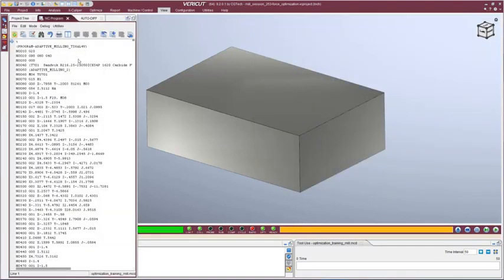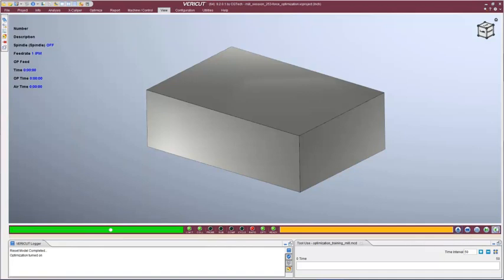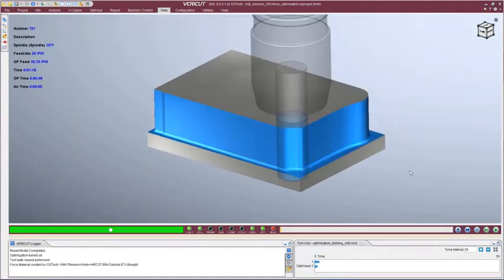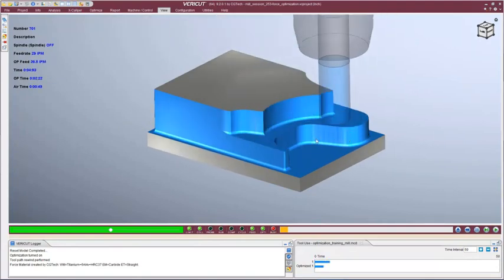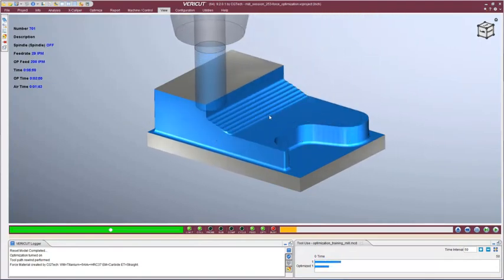Here's the NC program that VERICUT will be simulating. As you can see by the notes inside, this program contains adaptive milling motion, which is CAM optimized NC motion. We'll be seeing what force can do with that. As we start the simulation, optimizing is taking place, and we'll be able to see what VERICUT does with this motion as far as feed